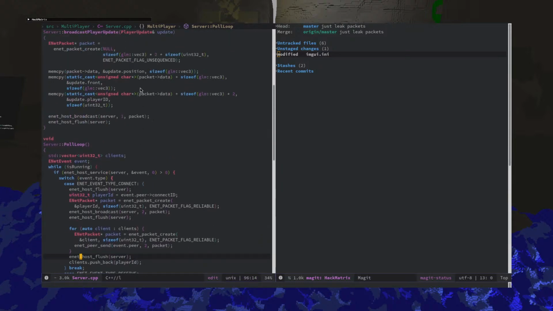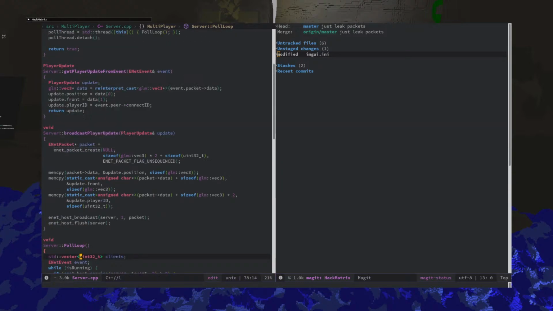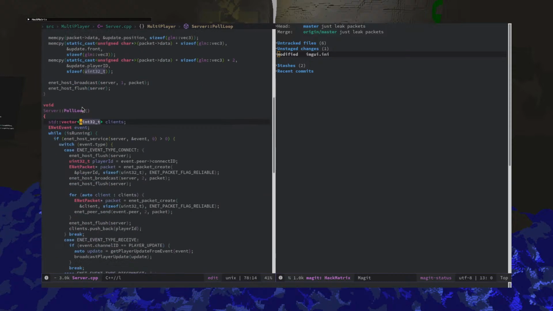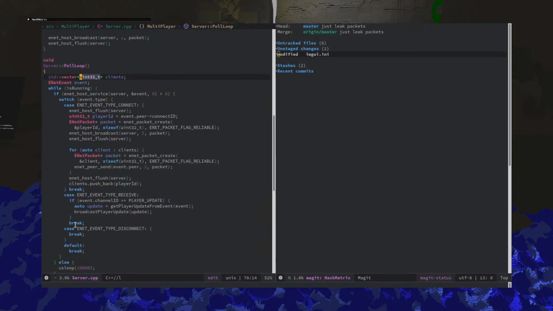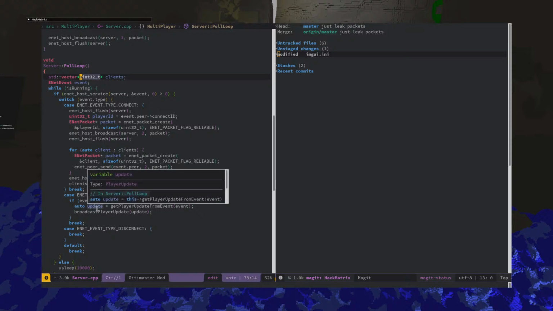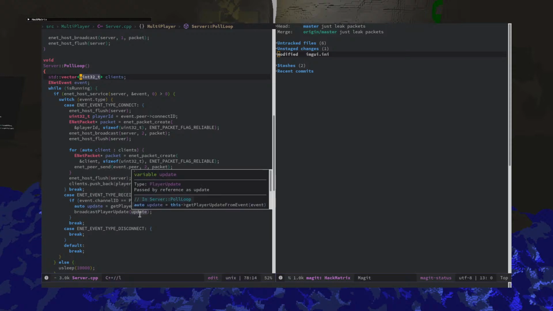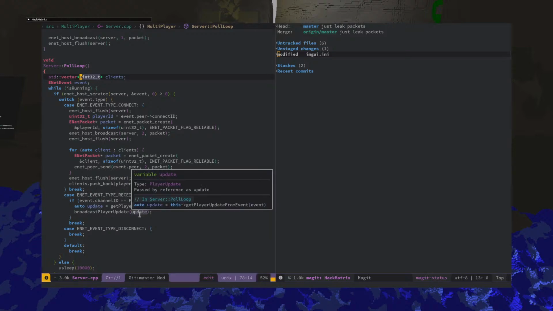What is the update? I create a player update, which is a struct, and then it just returns a struct, and so it should just copy the struct, and it does. So I have a struct, the player update, and then it passes the update in as a reference, I believe.